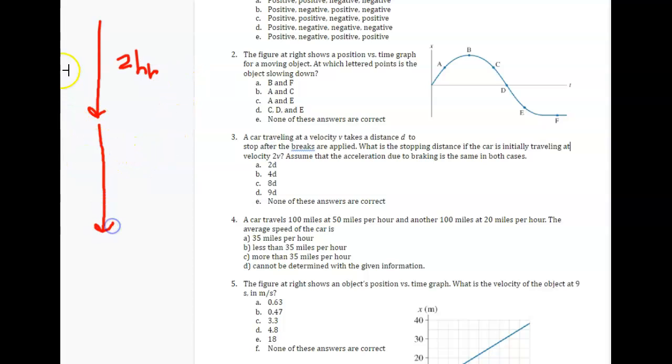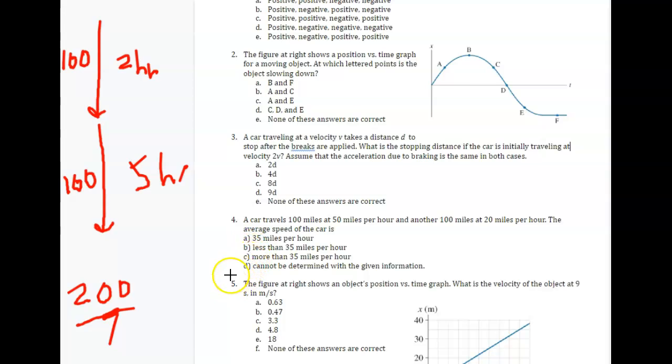This is 100. Another 100 miles at 20 miles an hour. So if you're going 20 miles each hour, that would take 5 hours. All right. So we got to think about the average speed of the car. It's going to be the total distance, or 200, divided by the total time, which is going to be 7 hours. So 200 divided by 7,